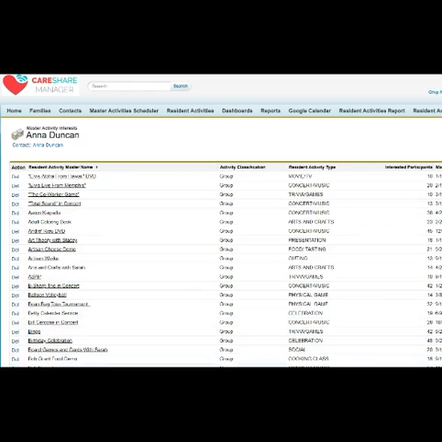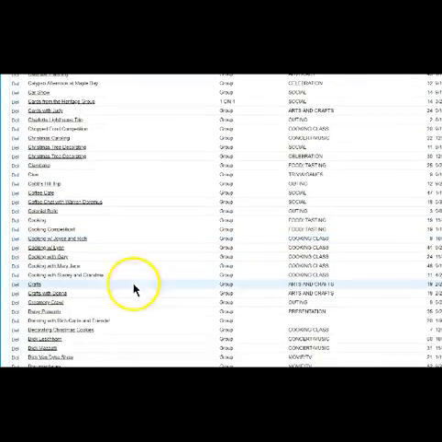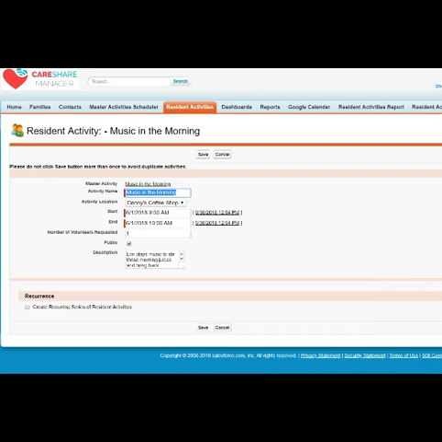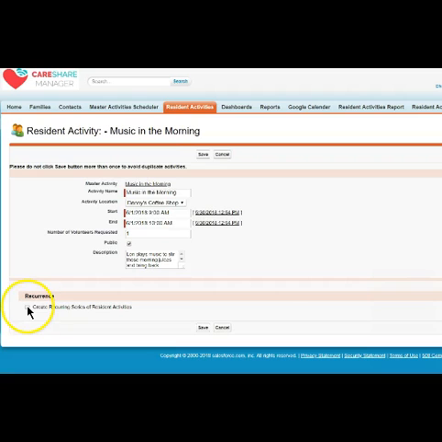With CareShare Manager, you can build your mosaic of understanding and knowledge over time, and CareShare Manager captures those findings for all to share. Each time a specific activity is scheduled using that master activity, all of the residents who have expressed an interest in that activity will be invited to attend. Additionally, every scheduled activity has a start time and date, an end time and date, a location, and this same activity can be scheduled multiple times, which makes it much easier to schedule the same recurring activity over a longer